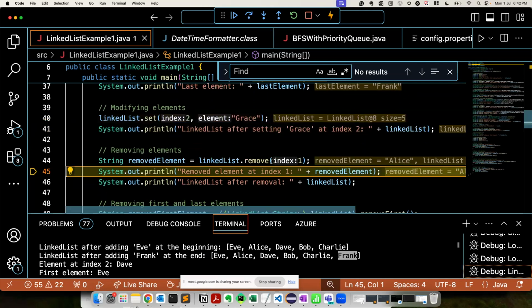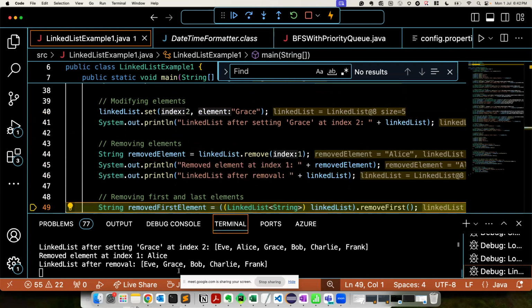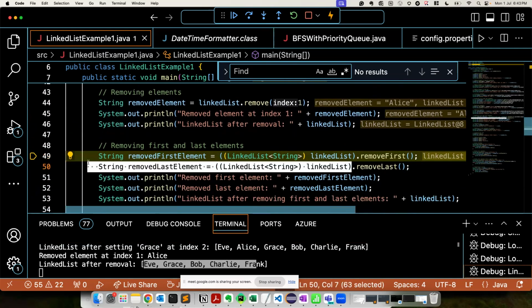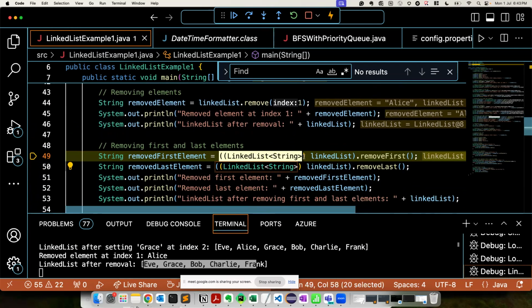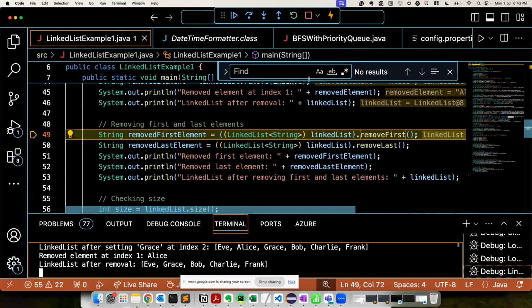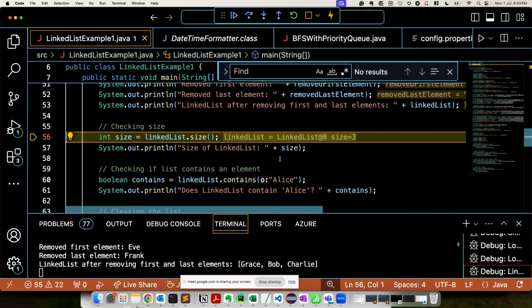And remove 1, which element will it remove? Bob. Now remove first. See, remove first. Why have I typecasted? Because these all are linked list methods. Okay. Remove first will remove which element? Eve. And remove last will remove Frank. Size is